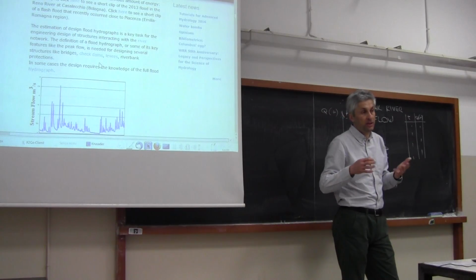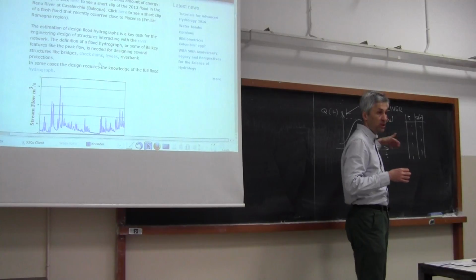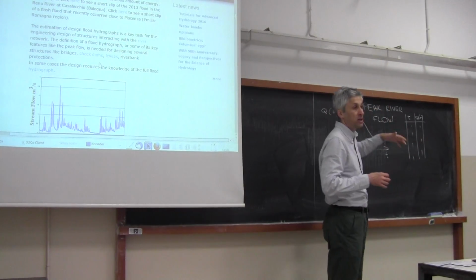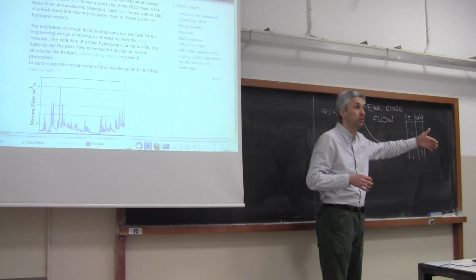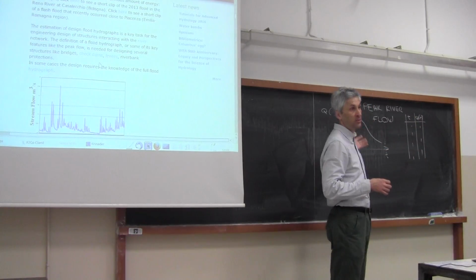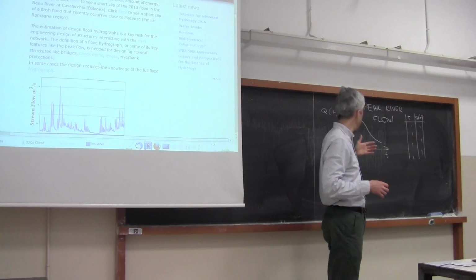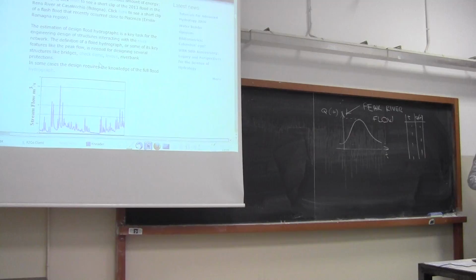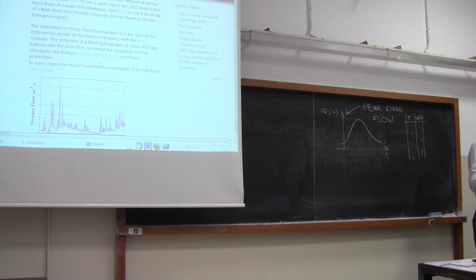Of course, the reason for preferring it is that if you give the whole hydrograph, one may say, but why do you limit your attention to the peak flow? Let's estimate the whole hydrograph, which includes the peak flow. But the reason why we limit our attention to the peak flow is that it's easier to estimate. And of course, as engineers, we have to look at the best solution, and sometimes simplicity is an added value